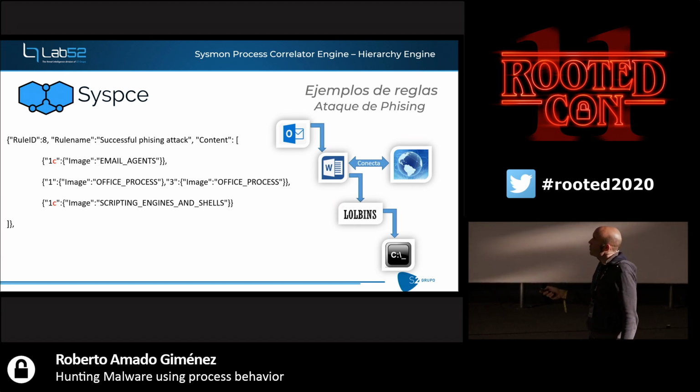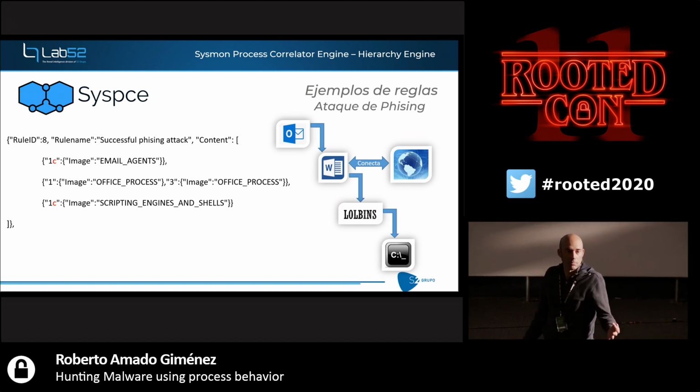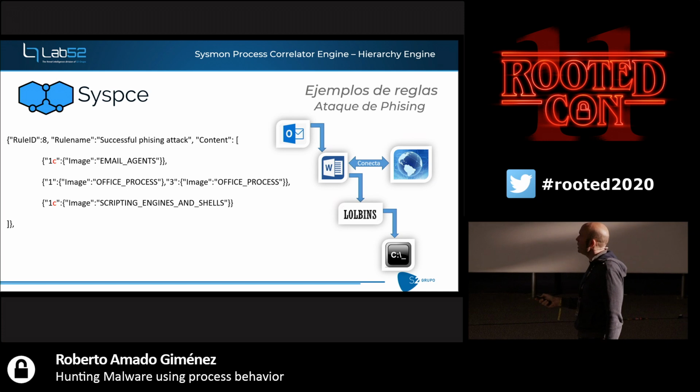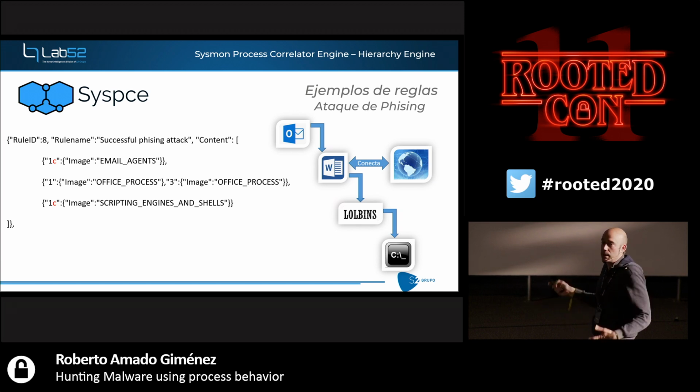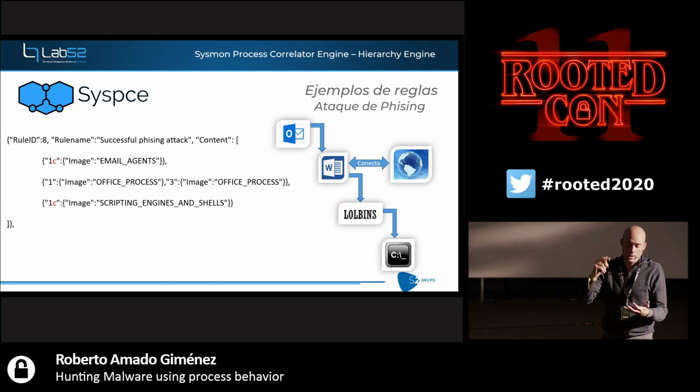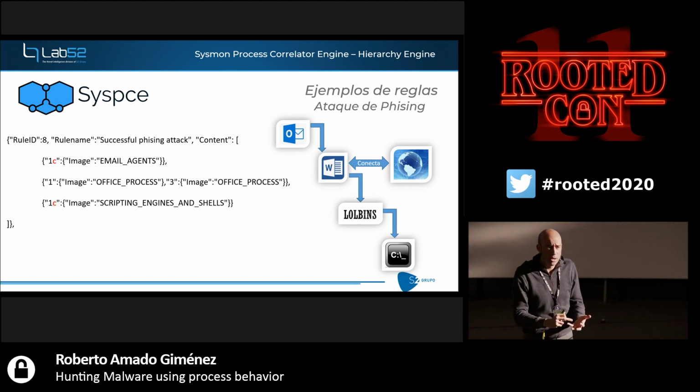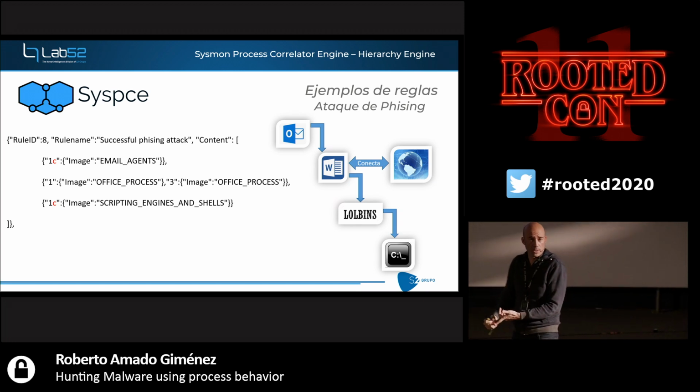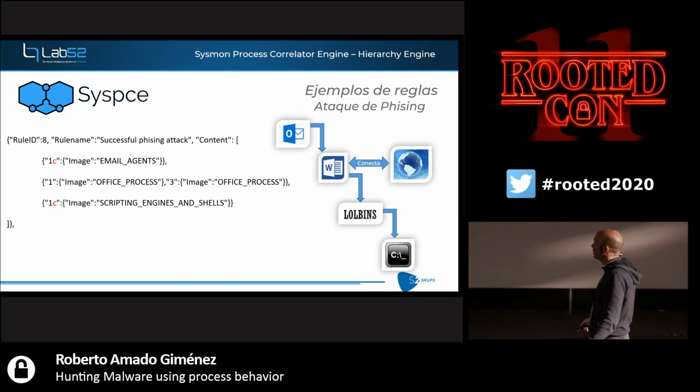Then a process is created, an Office process, Excel, Access, etc. And then this process is performing a type 3, which is a connection to the internet, and immediately beneath this hierarchical approach, they execute a PowerShell, CMD script, double script,